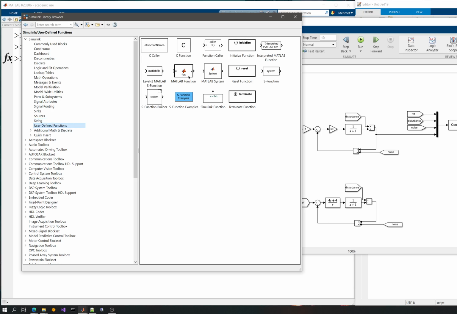There are user-defined functions which might become very important for applications that are really complicated and firmware. There are some useful stuff here. You can use Matlab functions, system functions, and C functions even. Therefore, you have to set up next. If you have done that, you can use C